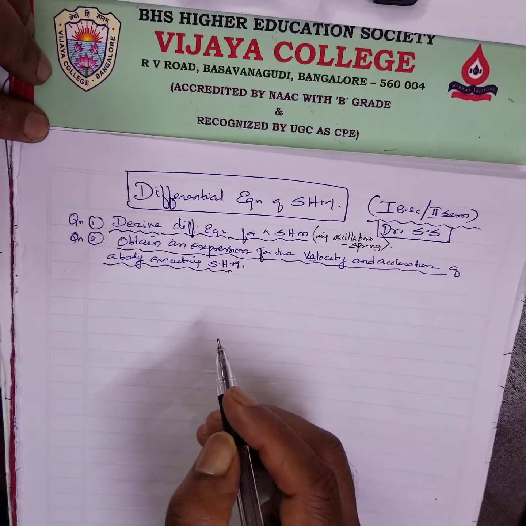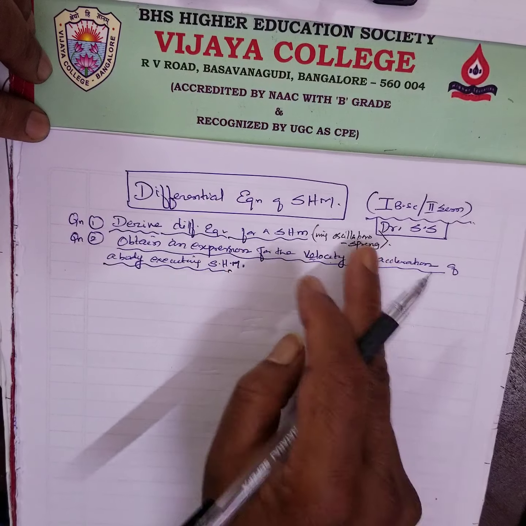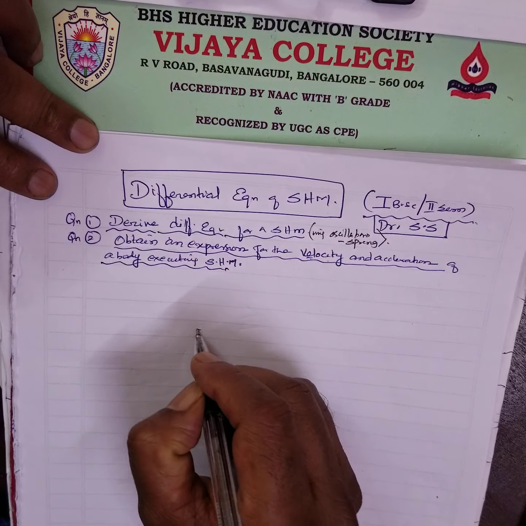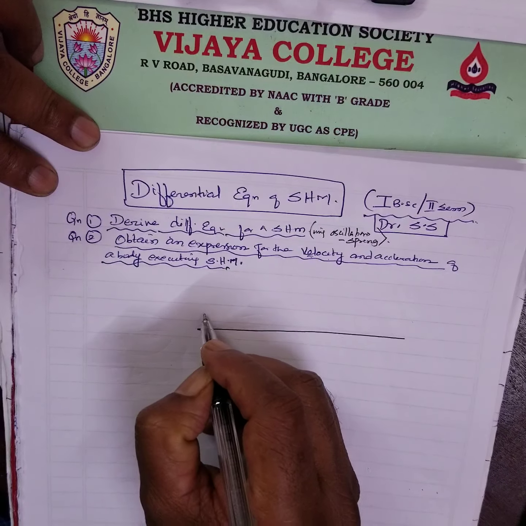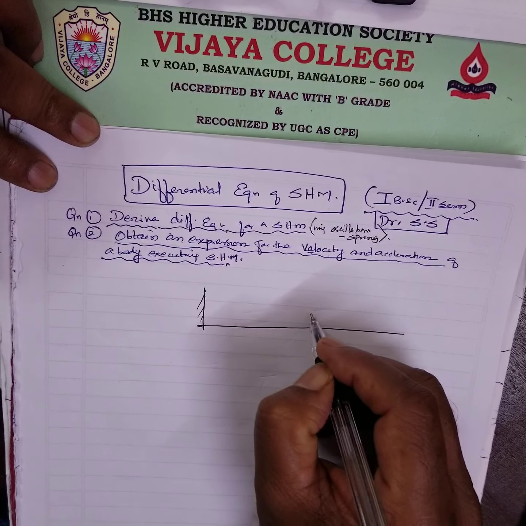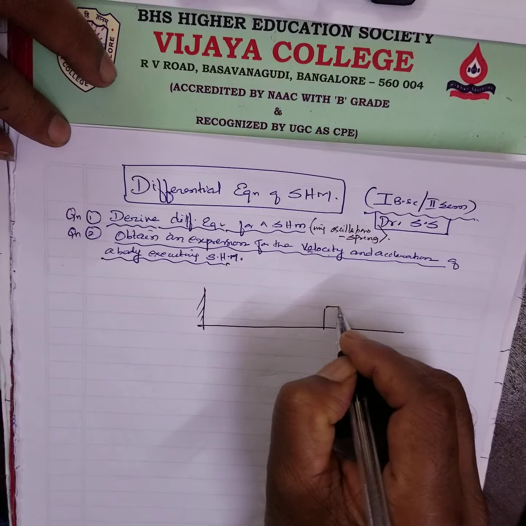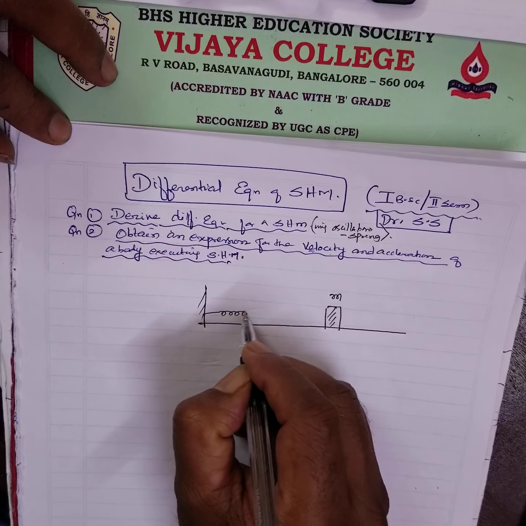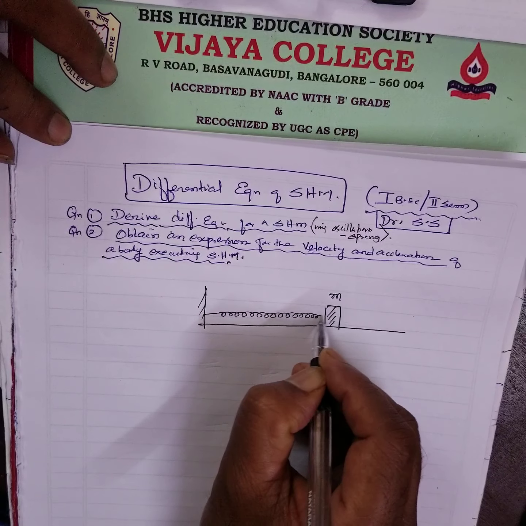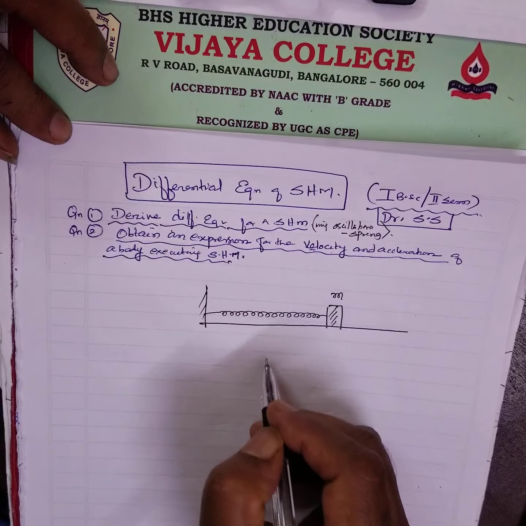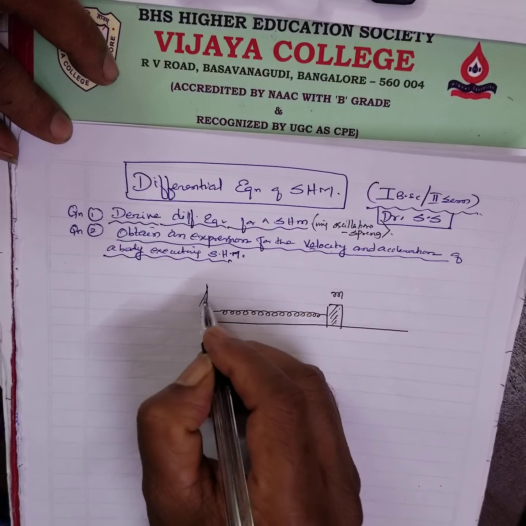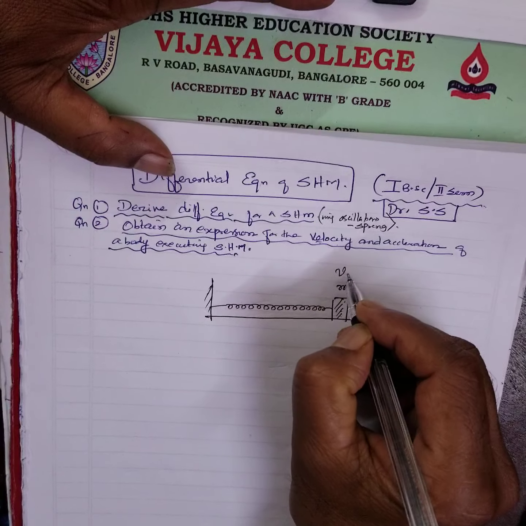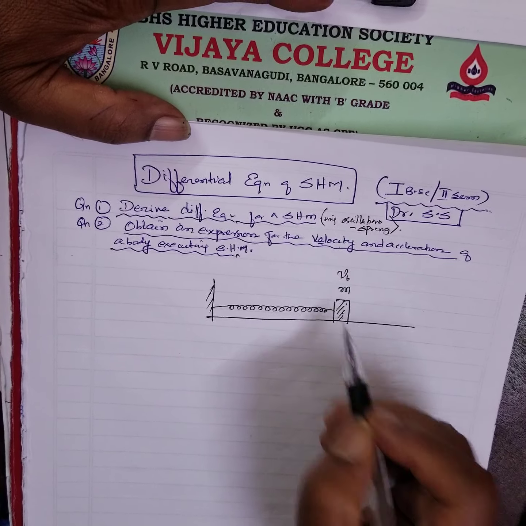Here I am taking an example of spring mass oscillation. Either it has been suspended under gravity, or imagine the situation of a smooth surface. There is a mass, m is the mass, attached to a spring. Now there is no gravity at all. It is oscillating. Let v be the velocity of the mass at any instant.